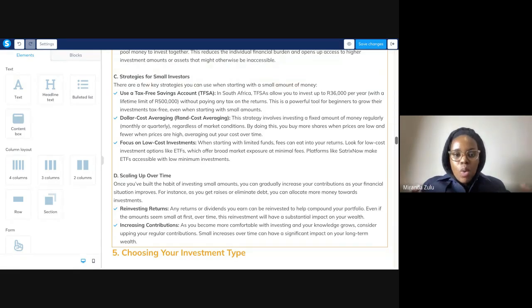What is important then, once you've selected, okay, I'm going to be investing in these things, is that you don't need to know in depth, but it's important to know what is happening with your investments.